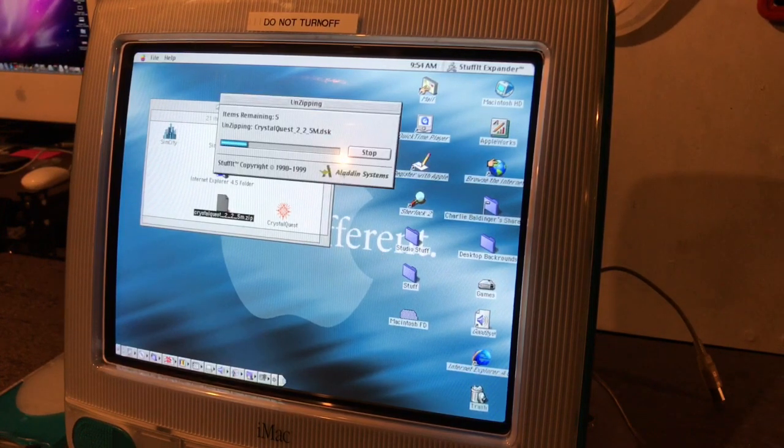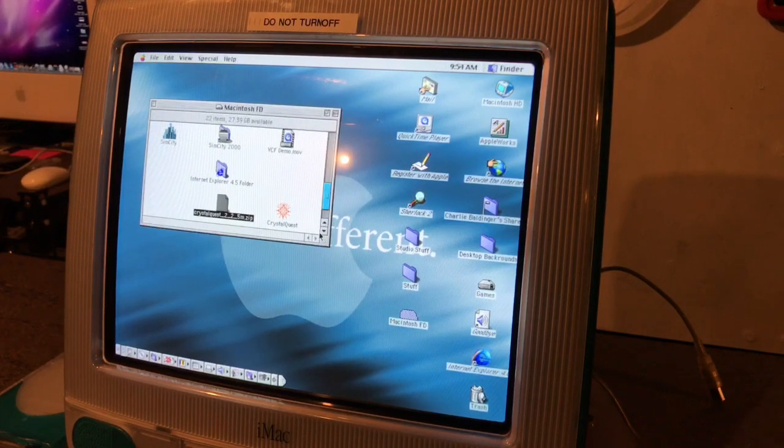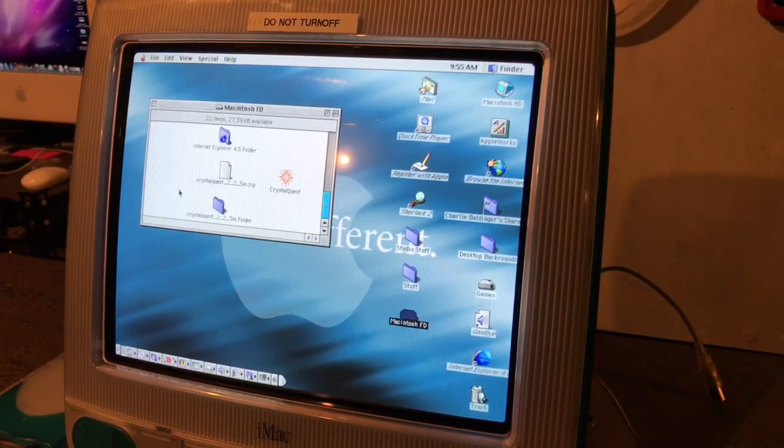And then what it's going to do, it's going to unzip it, and it may take a while depending on how big it is, but usually for the older Mac games, it literally takes no time at all. And then it's going to come in like a folder like this, and all the stuff's going to be inside the folder. Well, I've already done it, because it sometimes doesn't work after a couple tries, but once you do have